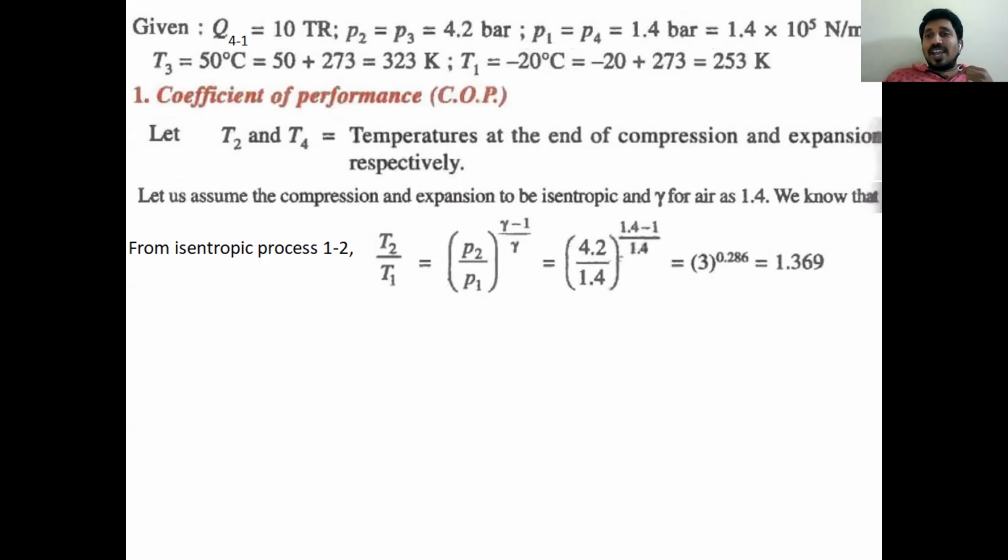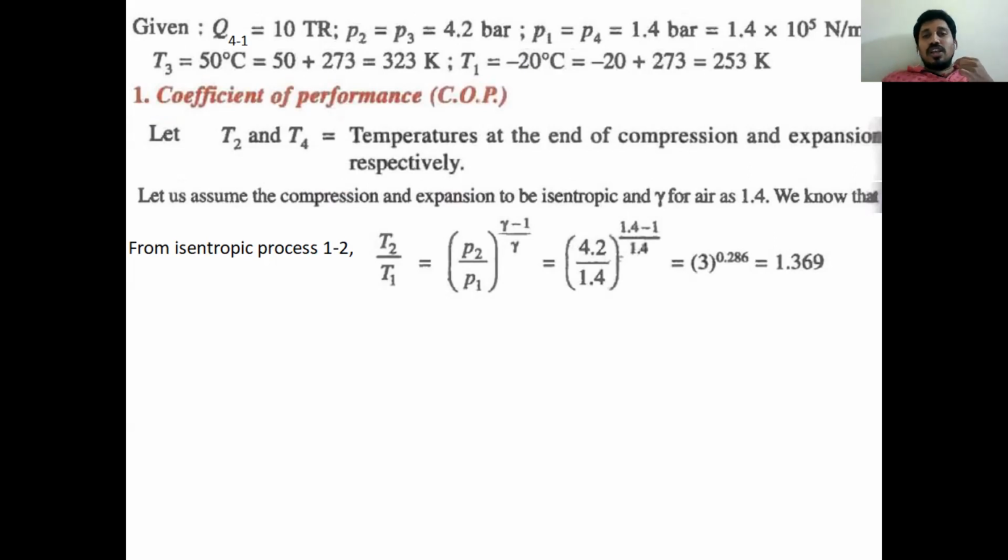Here the working fluid is air. For air, the adiabatic index is 1.4. Nobody will give you this in the examination, so you should remember it. The gamma value for air is 1.4. If the problem follows a polytropic process, instead of gamma they give n, with values like 1.1, 1.2, 1.3. Based on the data given, we continue the procedure. Now, here I have assumed gamma as 1.4.